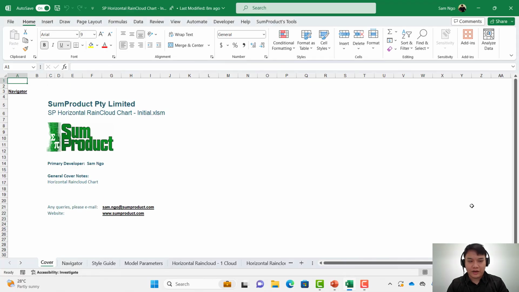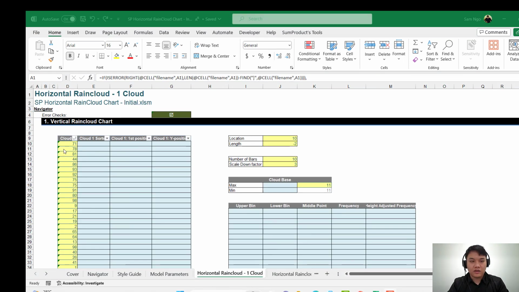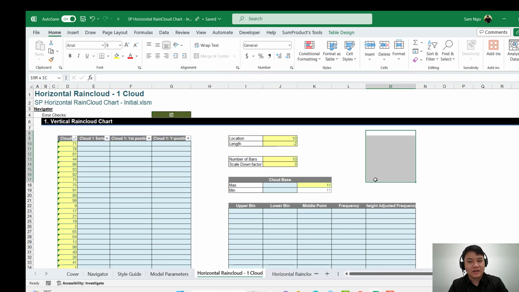So this is the file we will be working with. Today I will show you how to plot one cloud only. This is the data that I have, and what I'm doing is generating random numbers between 1 to 100 and filling this whole column. From this data, we transform it into the X and Y coordinate plane